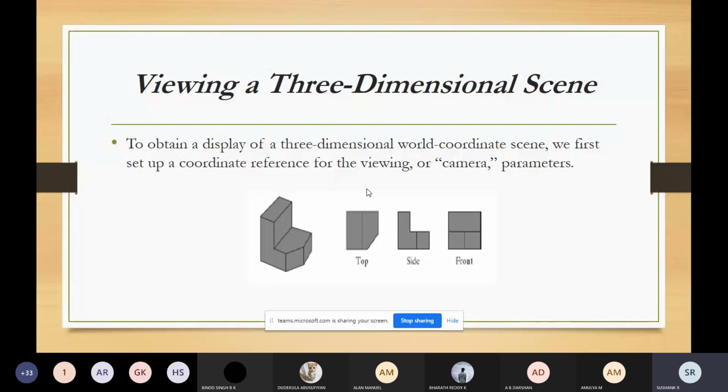When you look at the object from the side, you get the shape of an L-shaped object. When you're seeing it from the front side, you get the front image. So these are the same object seen from different faces.